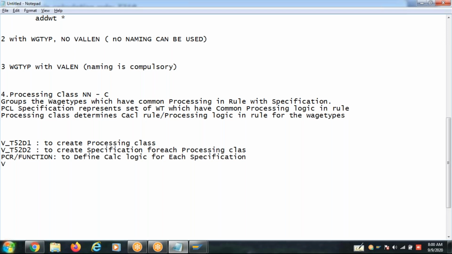Okay. Next, the last step: maintain the processing class specification to each wage step, as per the requirement.